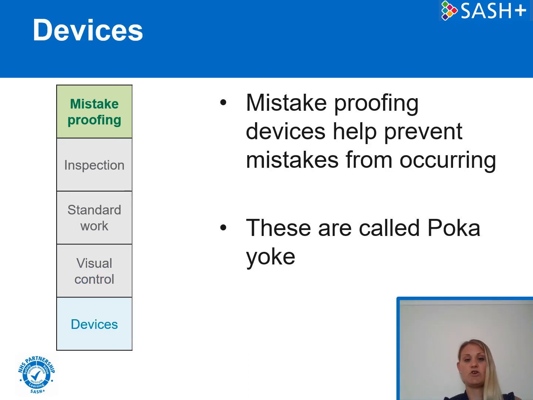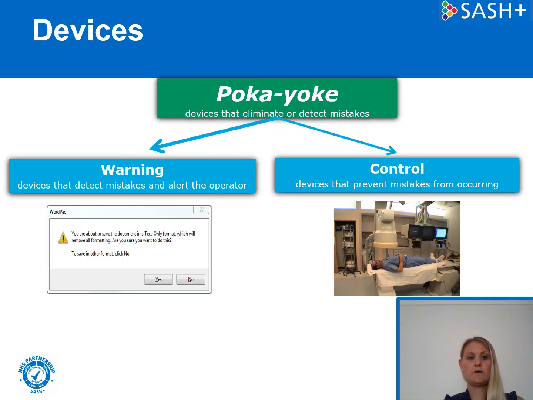Devices are another key element of mistake proofing. These help prevent mistakes from occurring. They're termed poka-yoke. This is a Japanese term. So there are two types of poka-yoke. You've got a warning poka-yoke and a control poka-yoke. A warning poka-yoke is a device that detects mistakes and alerts the operator. So an example of this would be the save pop-up box, which appears when you attempt to close a document before you've saved it. It doesn't physically stop you from losing your changes because you can override it, but it is a warning. Whereas a control poka-yoke physically stops you from making a mistake,